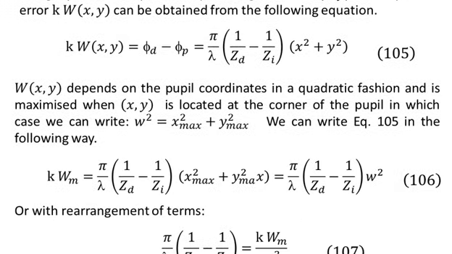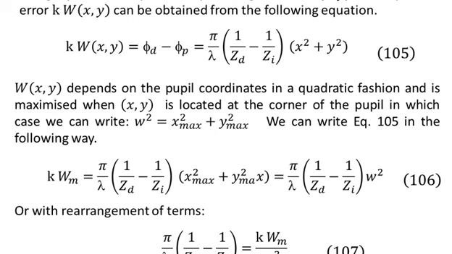W of x, y depends on the pupil coordinates in a quadratic fashion and is maximized when x, y is located at the corner of the pupil, in which case we can write w square is equal to x max square plus y max square. We can write equation number 105 in the following way. So you see that we are introducing w square corresponding to the maximum distance of a point x, y from the center of the pupil. So w square is x max square plus y max square. Introducing that in equation number 106, we can write k Wm,